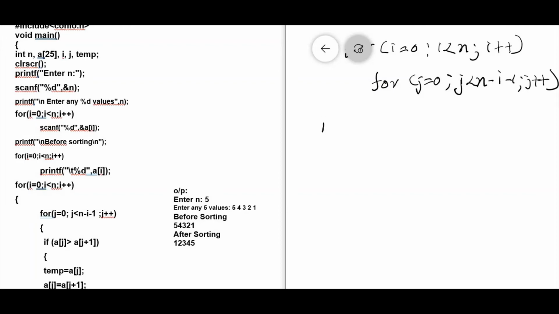For the first iteration, i is equal to 0, and the value of i is compared with the value of n. So it is less than 5, so it will enter the loop. Once it enters the loop, there is one more for loop, the internal for loop, j is equal to 0. j is compared with j less than 5 minus 0 minus 1, which is nothing but 4.